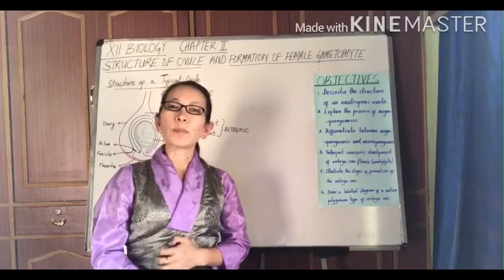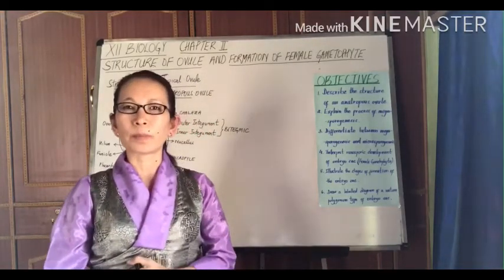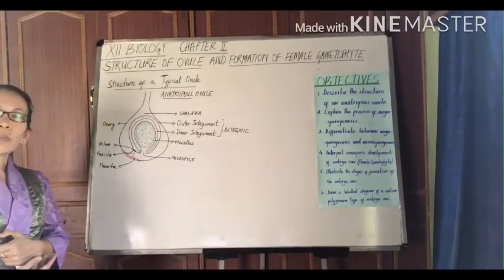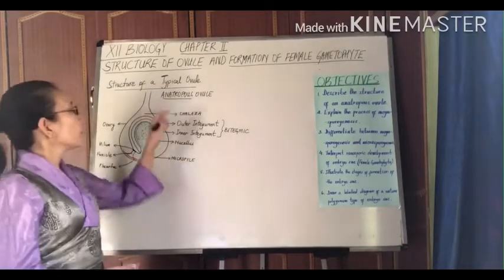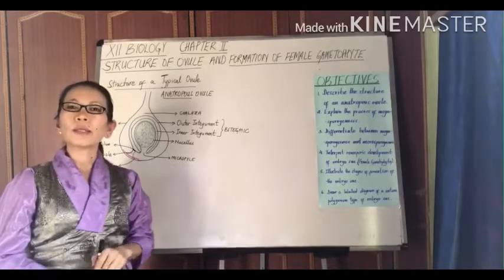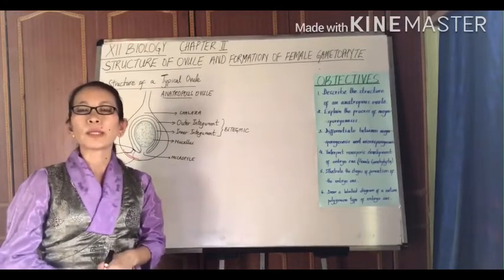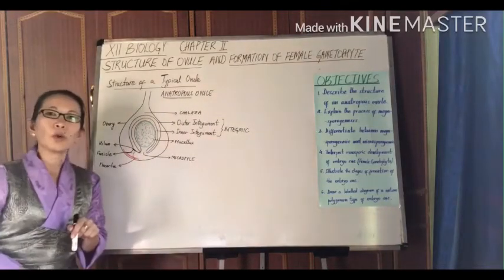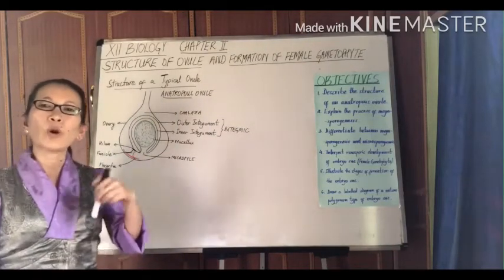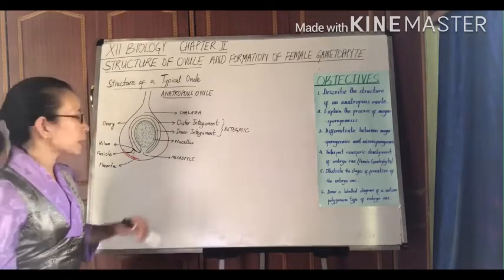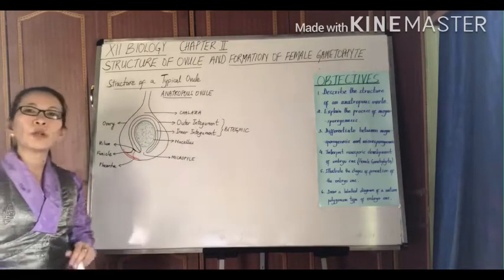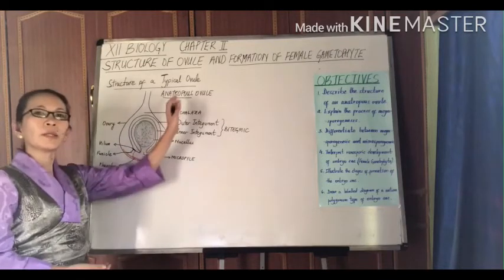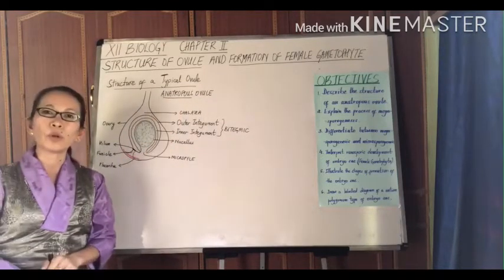Ovules can be differentiated based on their shapes and orientation. Here is the structure of a typical ovule, which is also referred to as anatropous ovule, and this is the most common type of ovule seen in angiosperms. In the anatropous ovule, the orientation is said to be upside down or inverted, and basically we speak in terms of the orientation of the micropyle. So if the micropyle is oriented downward, then the ovule is an anatropous ovule.